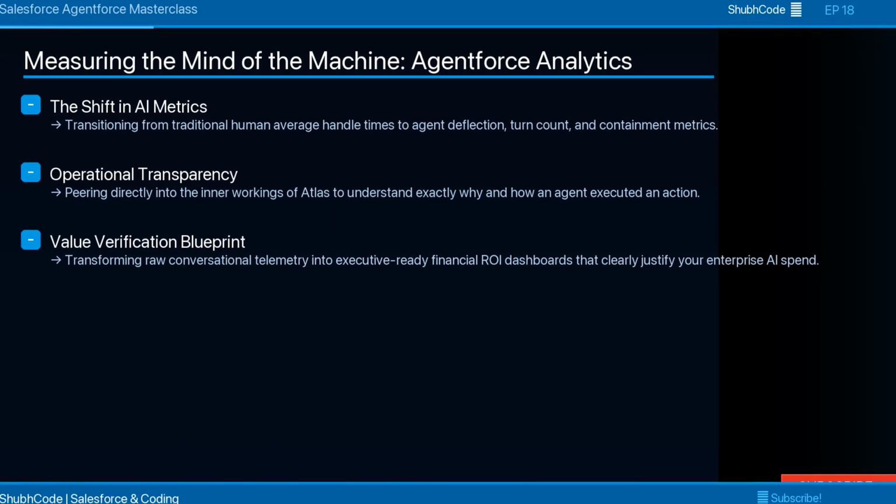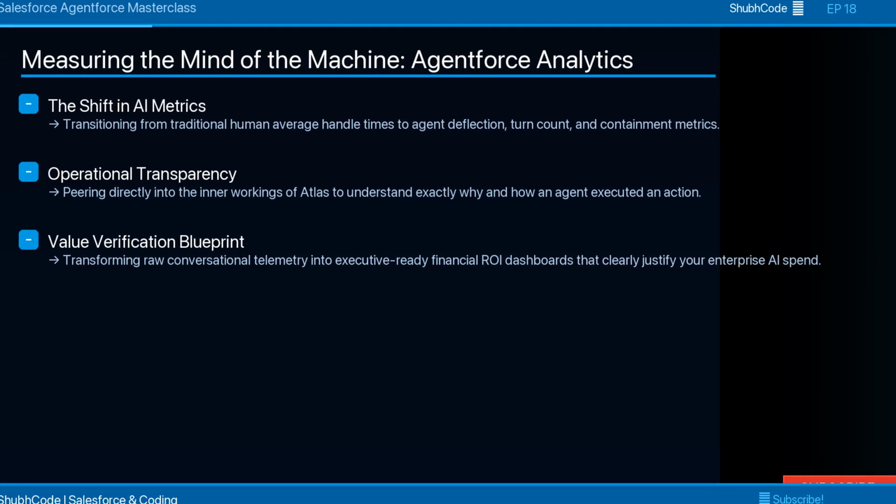Welcome back, Trailblazers. Up until now, we have built some incredibly powerful autonomous agents, but as a Salesforce CTA, I have to ask you, how do you actually prove they are delivering value? Managing an autonomous agent is completely different from managing human support representatives. You cannot just look at case closure codes, you need to peer directly into the Atlas reasoning engine's decision-making process. Today, we are deep diving into the brand new Agentforce Analytics architecture. We will learn how to track conversation health, monitor topic performance, and build dashboards that prove concrete ROI to your